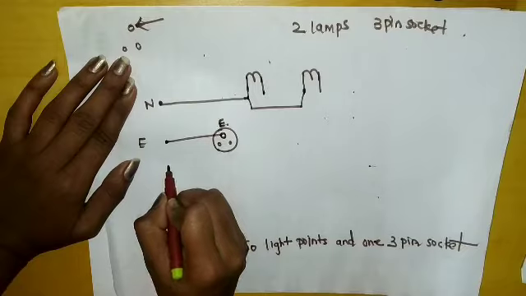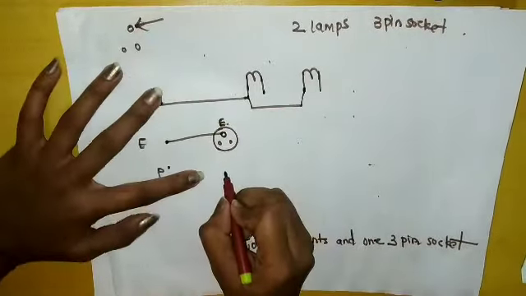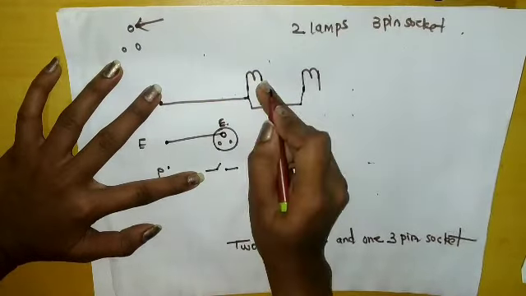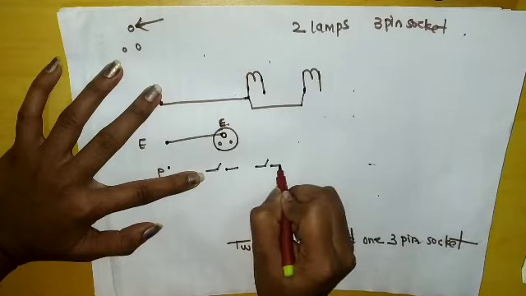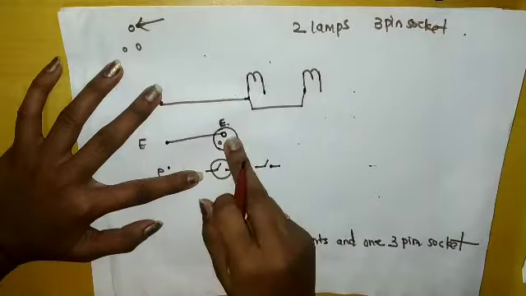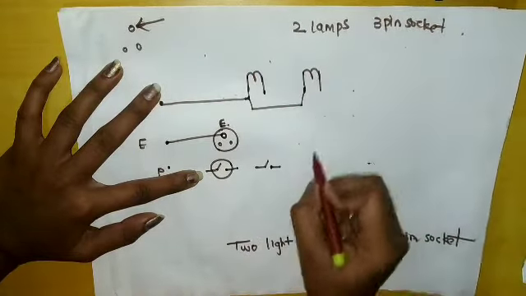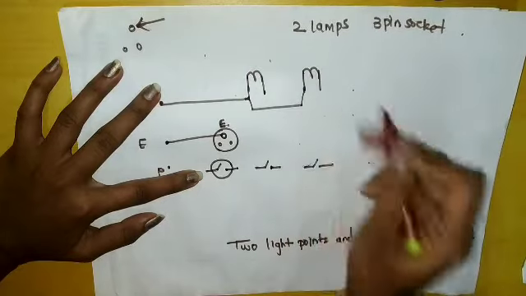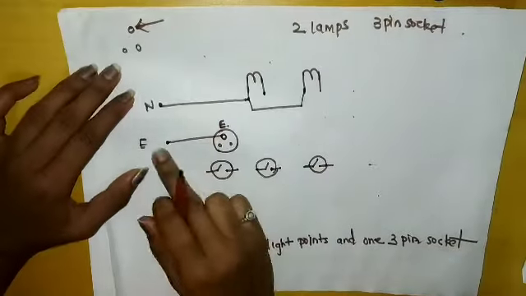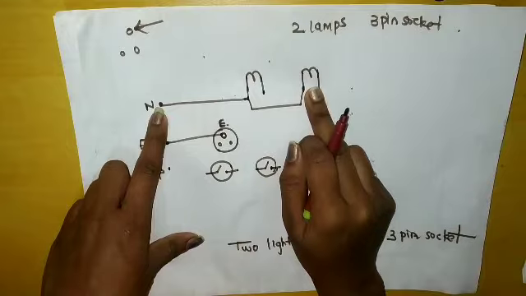And now phase. So for this 3-pin we require 1 switch. So we'll draw here 1 switch, right? For this bulb we require 1 switch. So we'll draw here 1 switch. So this is 1 switch. So we can operate this 3-pin socket. This is a switch for this lamp, and this is switch for this lamp. Okay, now earth point is given to this point, earth point. Neutral is given to our appliances, right?